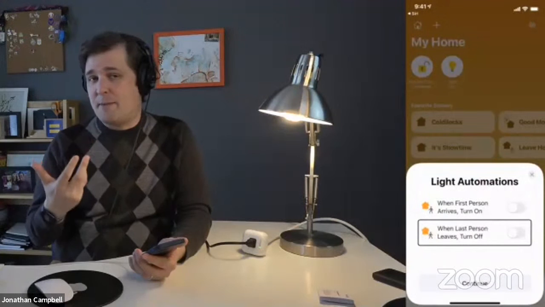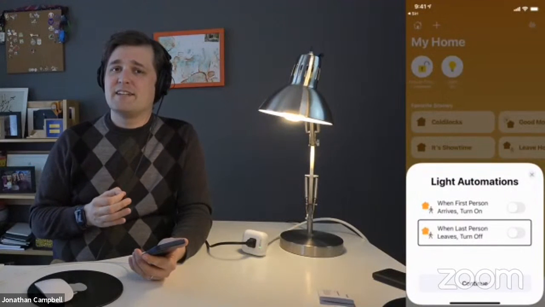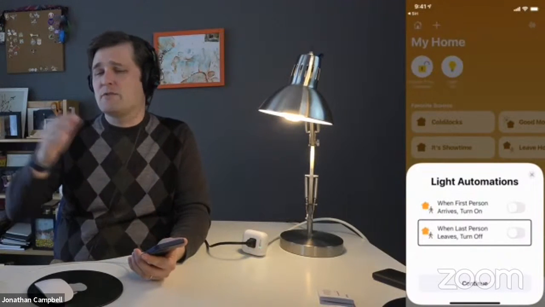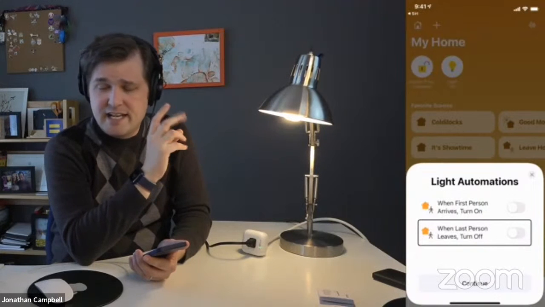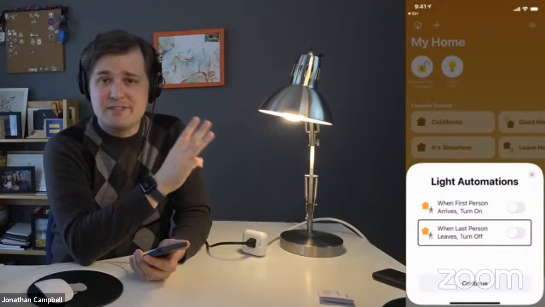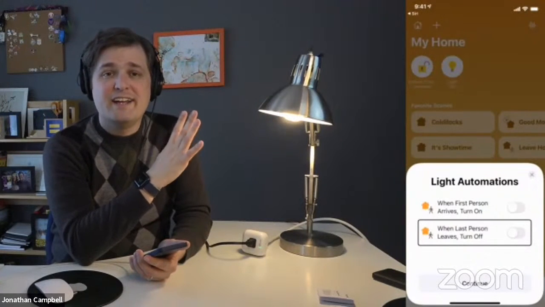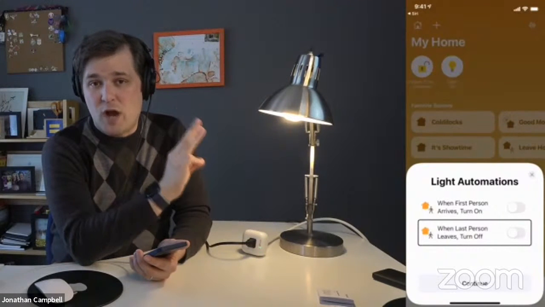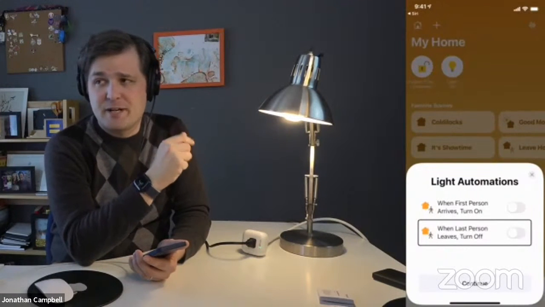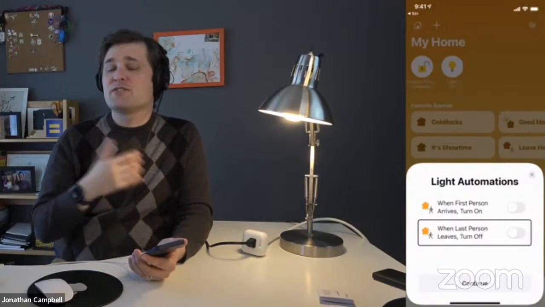And it has to be either an Apple device. And that means an iPhone doesn't count because it's coming in and out. So they want an iPad, an Apple HomePod, an Apple TV, or a HomeKit compatible router. So eero and a couple other companies make them as well. Otherwise, the home automations